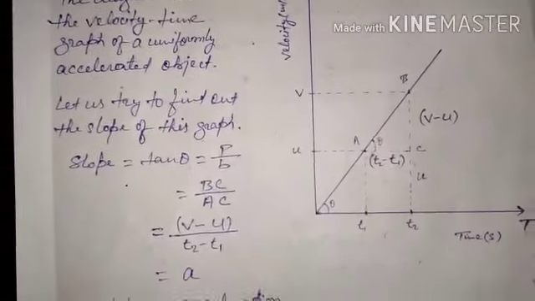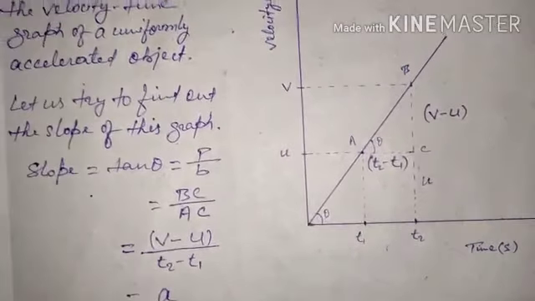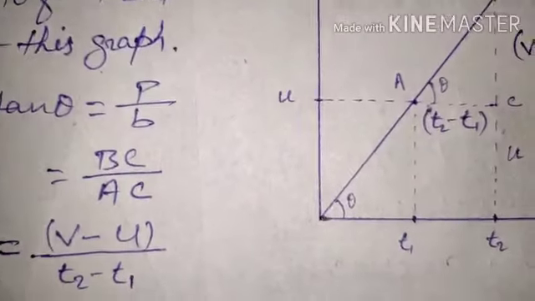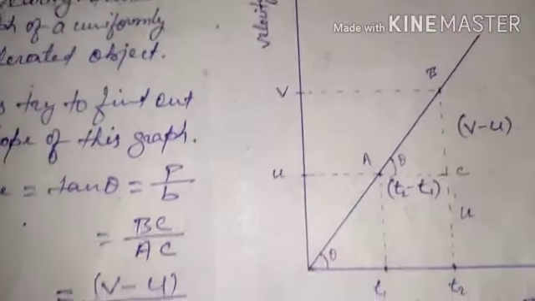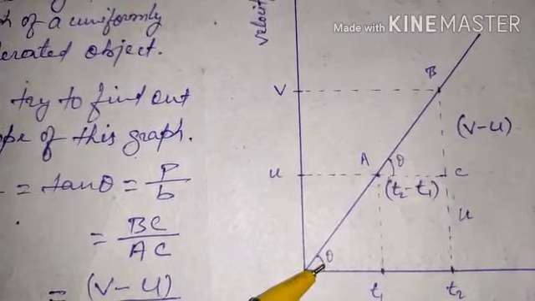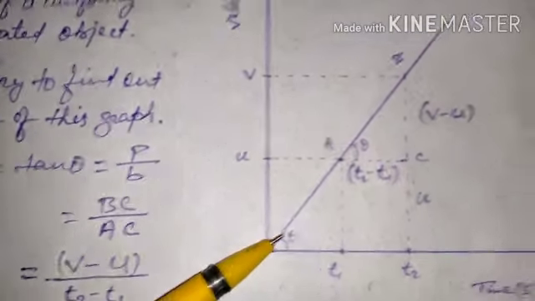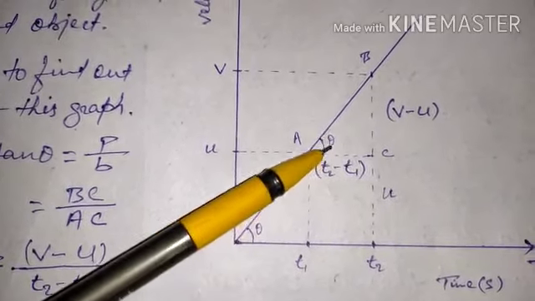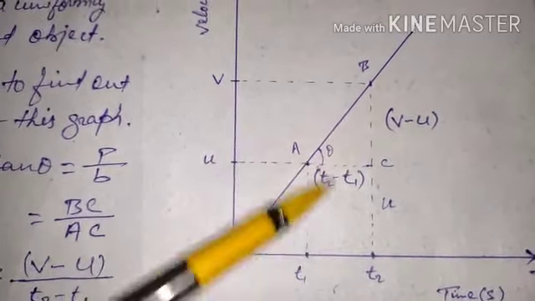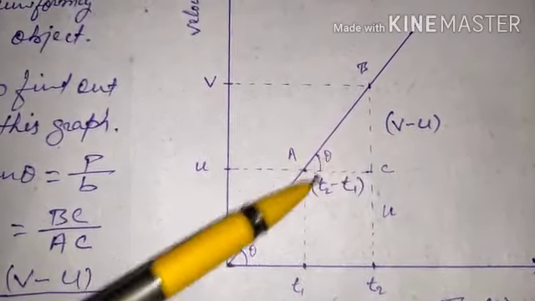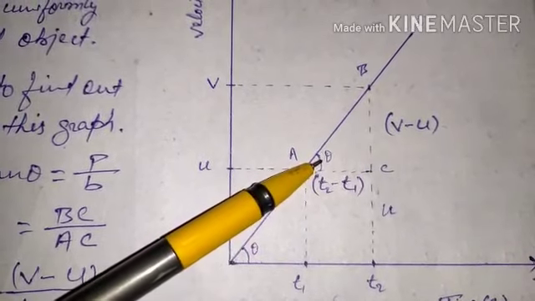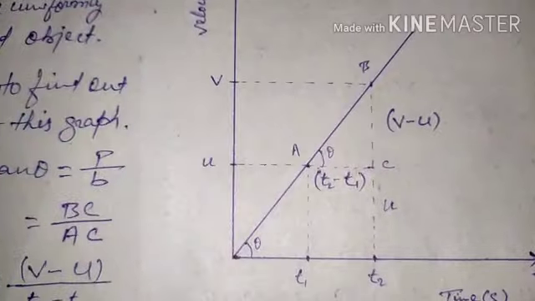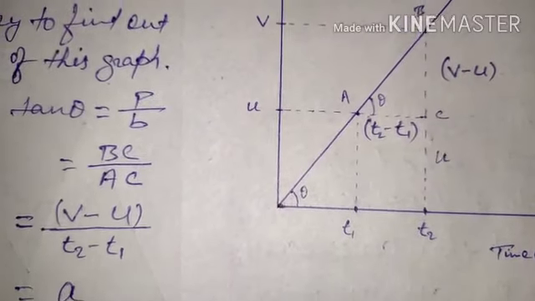As I had earlier also discussed with you about the slope of the graph, here you can see that this graph is making an angle theta with the x-axis or time axis. If we see this figure, these two angles must be equal using the property of parallel lines, that is the corresponding angles. So with the corresponding angles, these two angles are equal.